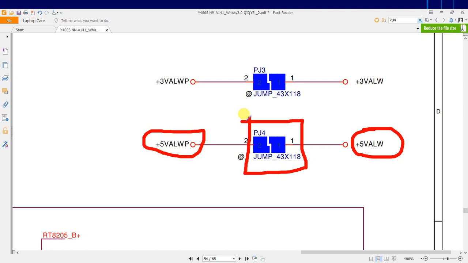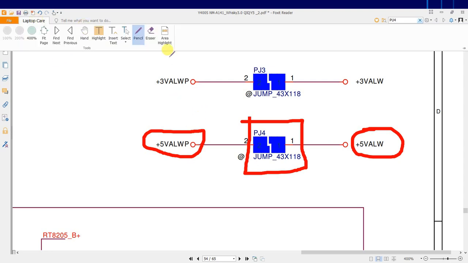This jumper is generally used to connect two sections, that is input and output, and definitely it is used in diagnostic via isolation.